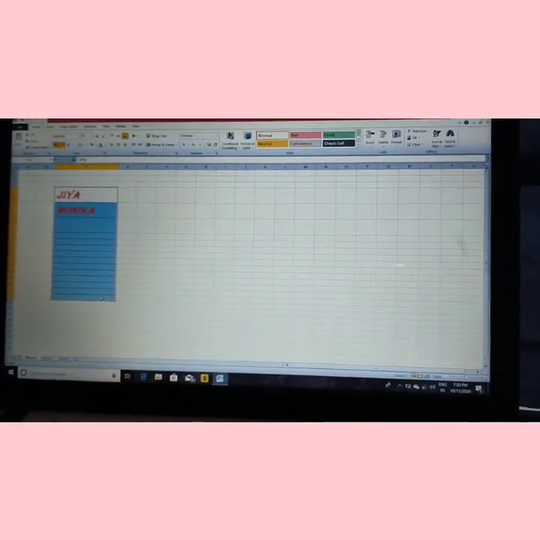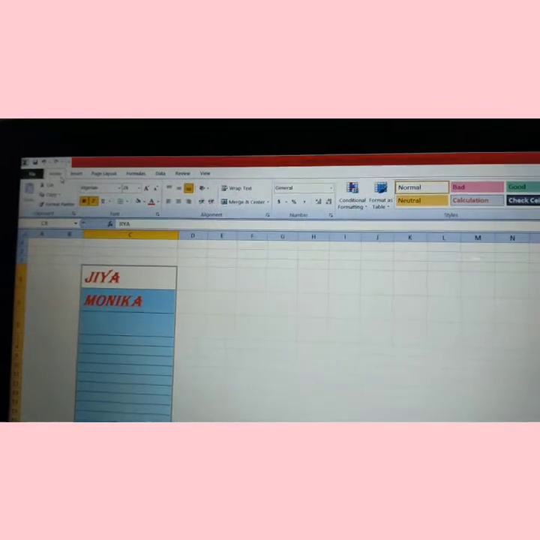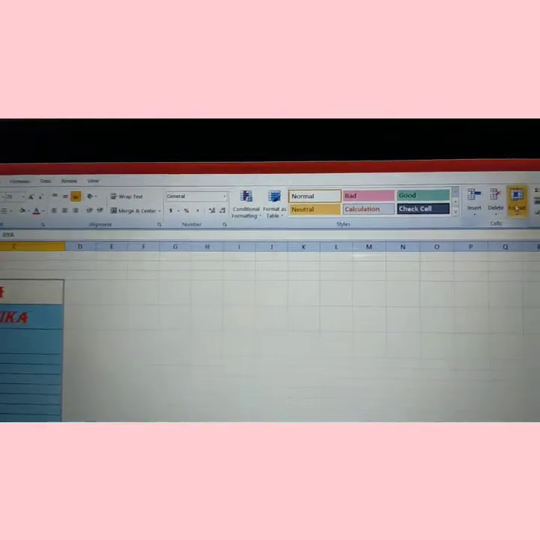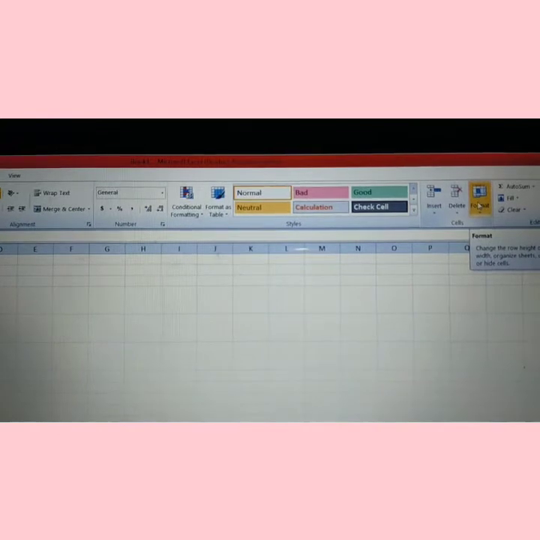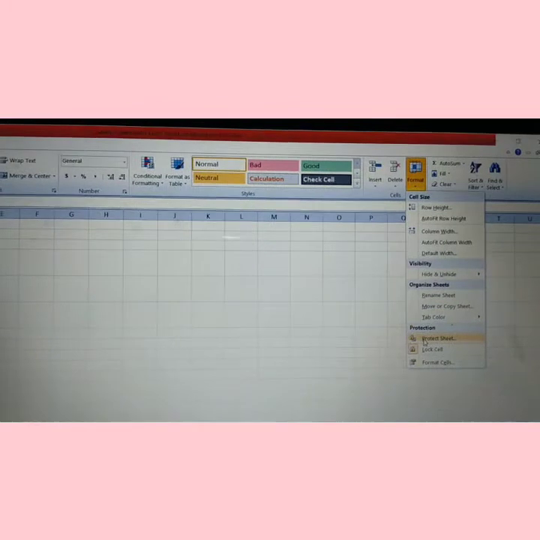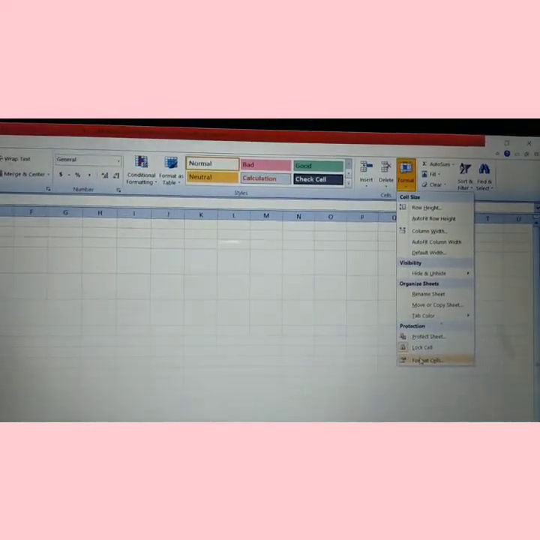Now children, we will learn about formatting of cell. So here are some steps. First of all, select the range of cell or cells. Then click on Home tab. Here is the Home tab. Now click on Format option. Where is the format? You can see format is this. Click on that and the drop down list will appear. Then you have to click on Format Cell.